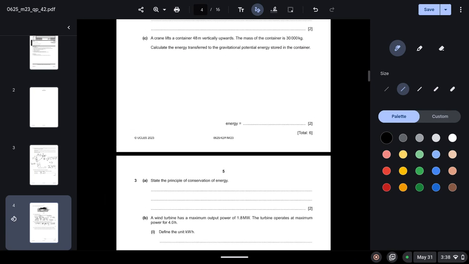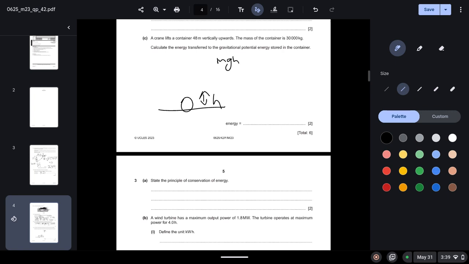Part C. A crane lifts a container 48 meters vertically upwards. The mass of the container is 30,000 kilograms. Calculate the energy transfer to the gravitational potential energy stored in the container. Well, we know when the container is on the ground, it has zero gravitational potential energy because there is no vertical height to it. But when it is raised vertically, then it gains gravitational potential energy, which can be calculated using the formula